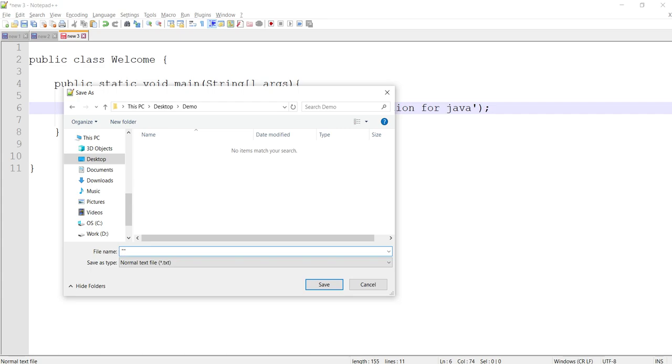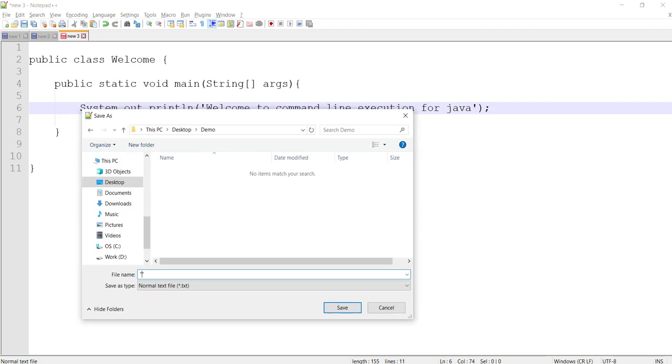So we should keep it in double quotes so that whatever extension we are giving will be taken as the file extension. And our file name should be the class name, Welcome, and the file extension is .java, and I'm saving inside the demo folder.